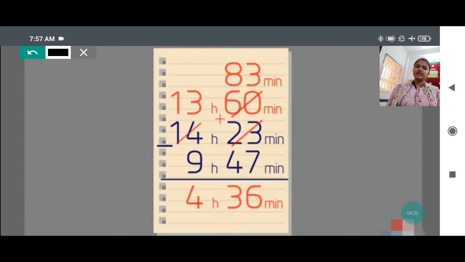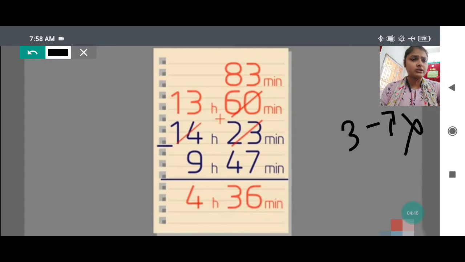Just in the same way, my dear, you can see this question also. Here we have to do some more process because we are getting some left amount. So we have 3 minus 7, and we are taking borrowing in this. 3 minus 7 is not possible because 3 is lesser and 7 is greater. What will we do in that case? We will take one carry.